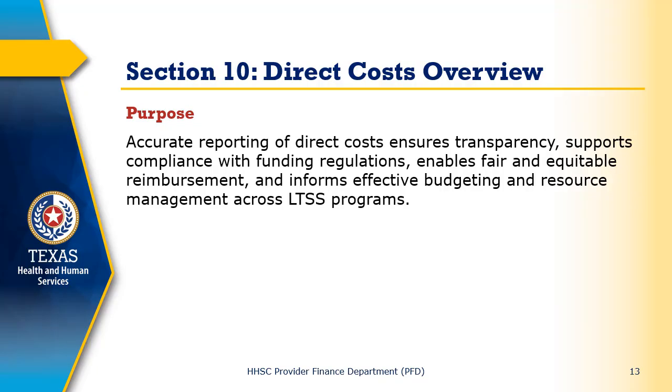Accurate reporting of direct costs, such as facility expenses, administrative operations, and program-specific services, is essential for maintaining transparency and accountability in LTSS programs. It ensures compliance with funding regulations, supports fair and equitable reimbursement, and provides a reliable foundation for budgeting and resource planning. By clearly documenting these costs, we help safeguard program integrity and ensure that resources are used efficiently to support the